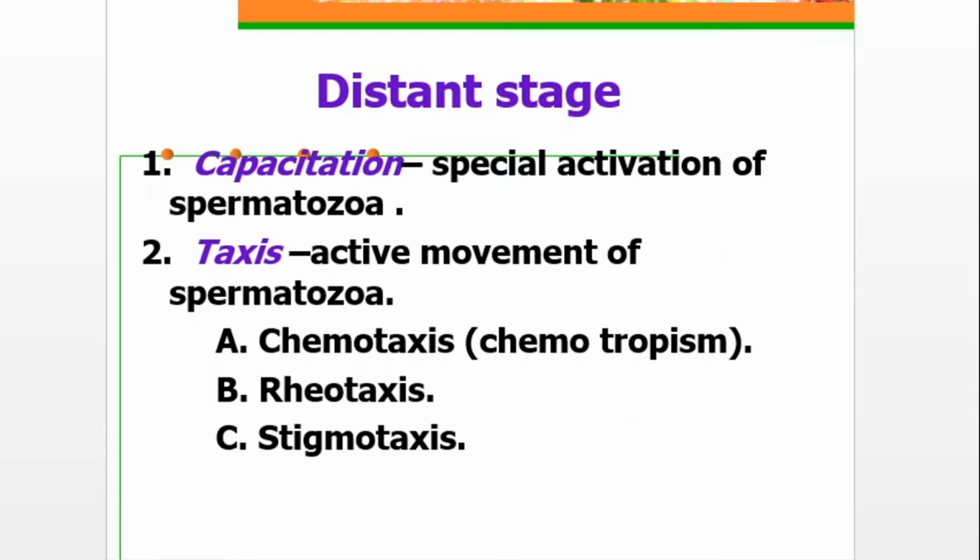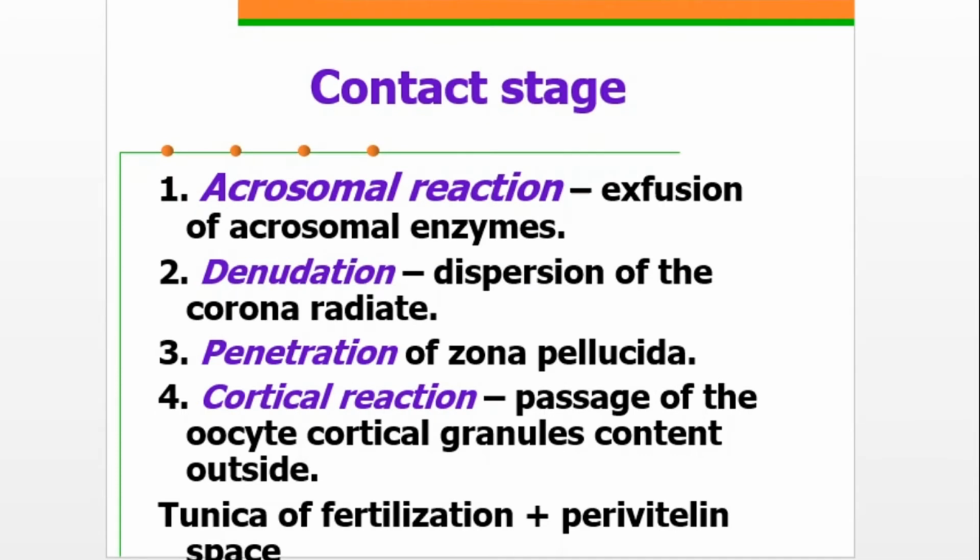Next phase is a contact. Contact phase begins from the moment of a sperm cell being very close to the secondary oocyte. The first subphase of the contact stage is the acrosomal reaction. What does it mean? Acrosomal reaction is the process of liberation of enzymes of the acrosome